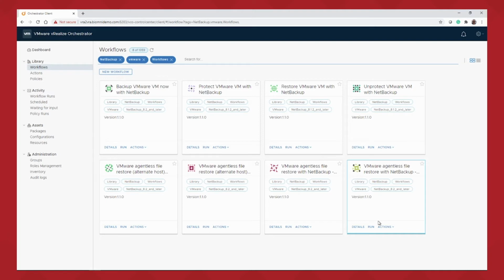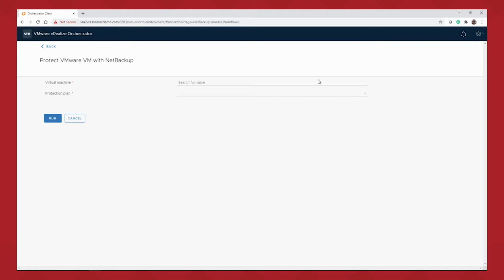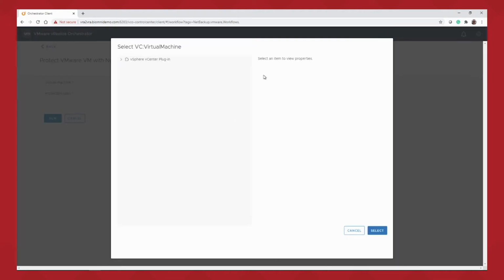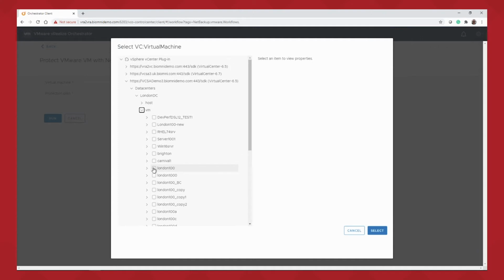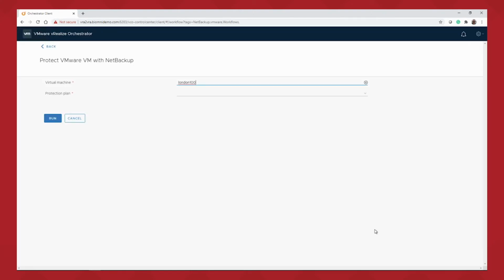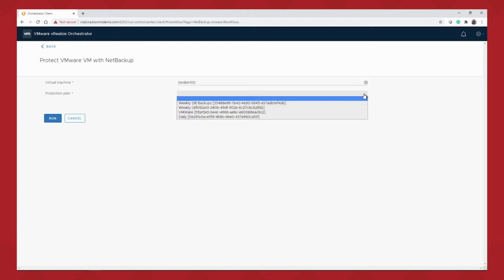I'm going to go into a full VM protection now, which basically is choosing the Protect VMware VM with NetBackup workflow. So go ahead and click Run on it. And this now allows us to go and choose the virtual machine. So let's go down into the data center, pick a data center, and then find a VM inside the data center. Let's choose London for now, click Select, and this is going to query NetBackup and list all the protection plans that are available. So let's go and select Daily,